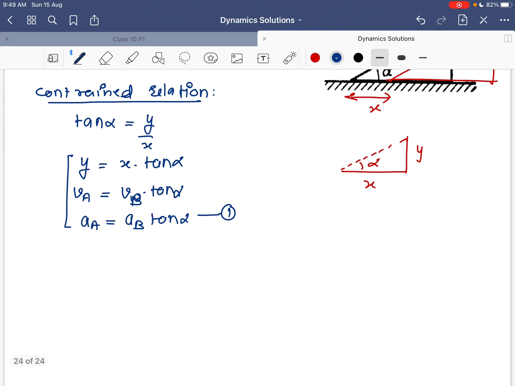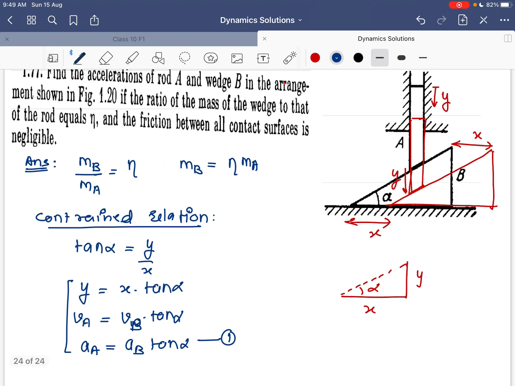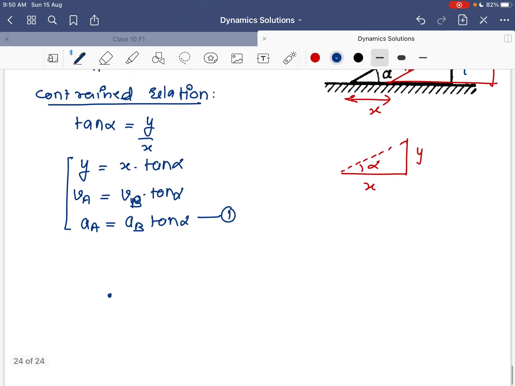Now draw the FBD. If I draw the FBD of the rod, for drawing FBD, we will replace rod by the point mass. Let us say the mass of the rod is m. So mass of the wedge would be eta m. And the FBD: the weight is acting in this direction, while from the inclined surface, the normal reaction force will be like this. And as we know very well, this particular angle is alpha. And the rod is going down with acceleration AA.